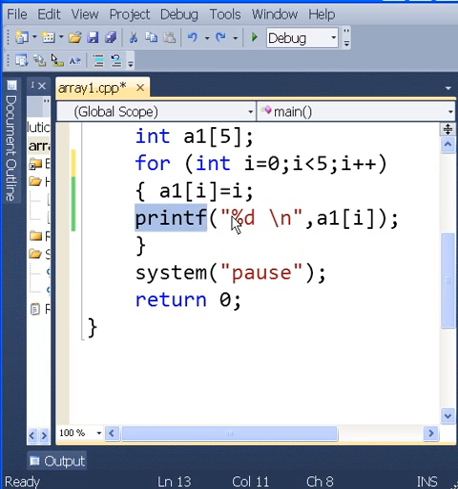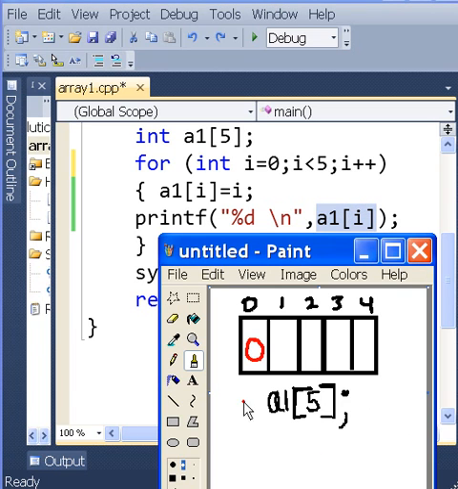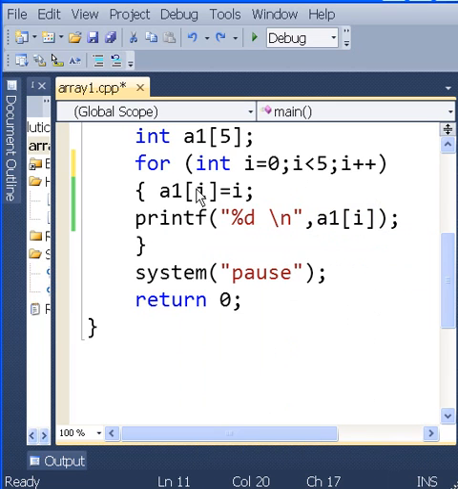Okie dokie. Goes to the next part. printf, %d, there's my format specifier, and a carriage return line feed. What do I put into the format specifier? A1, the ith element's contents, which is 0. So it's going to write out the value 0 and a carriage return line feed. Okie dokie. What's next? Well, then it hits this guy, jumps back up, evaluates the first,